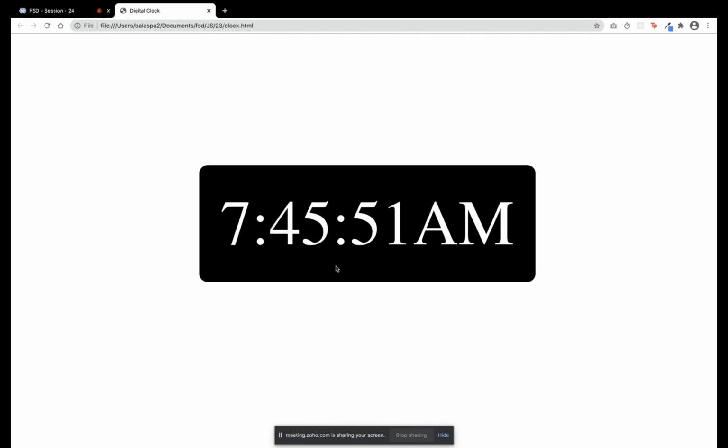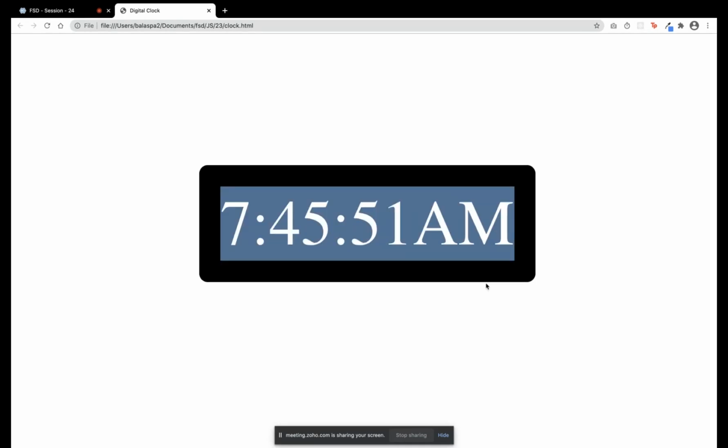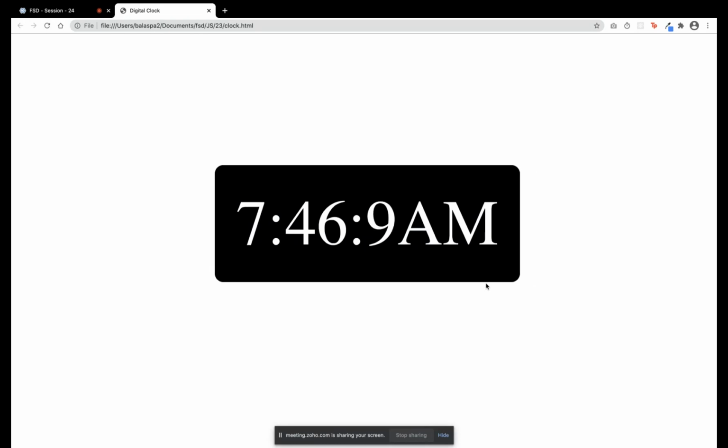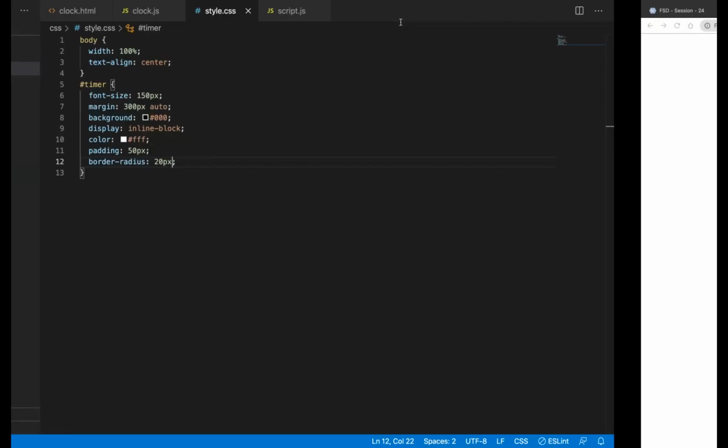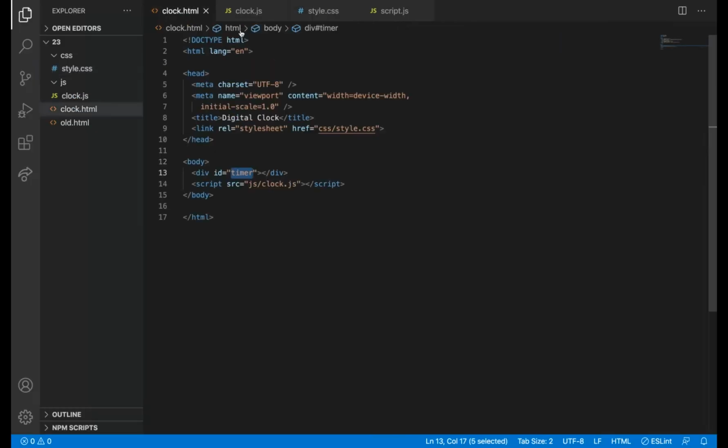So now what we are going to do is, till now I'm just refreshing it each and every time to get the new time, right? Now I'm giving control for you guys. I can say control F5 or control shift R actually you can give. I'm giving command shift R, you can give control shift R. So each and every time I'm refreshing to get the new time. I cannot do this regularly, right? So there is a function in JavaScript. I'll explain it now.